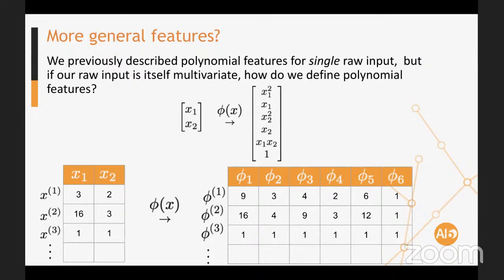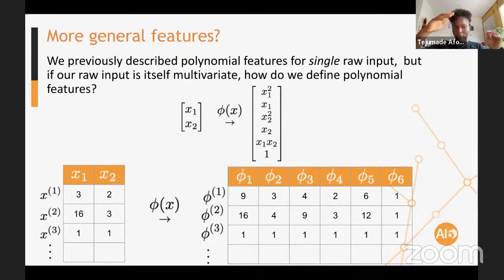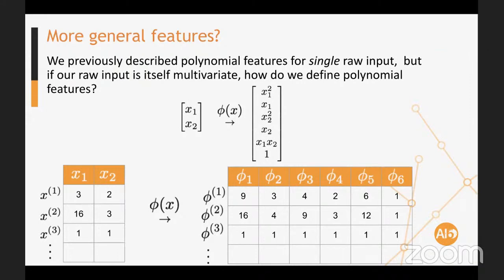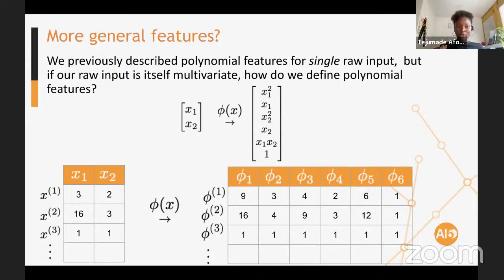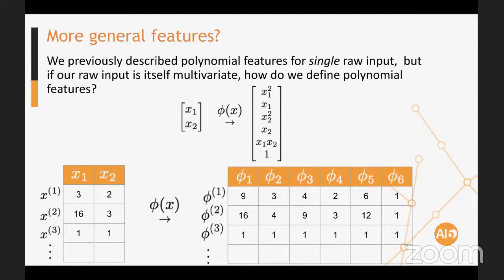It's not a multiplication thing going on. It's just a notation. Sorry, I talked about notation nightmare. So the superscript is just training example 1, training example 2, up to training example M. It's your first example, the second example, your third example. This is not the multiplication that is going on yet.